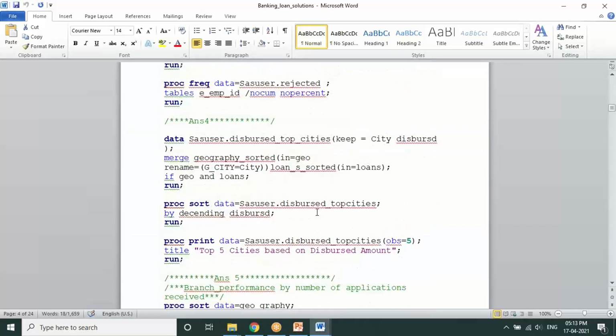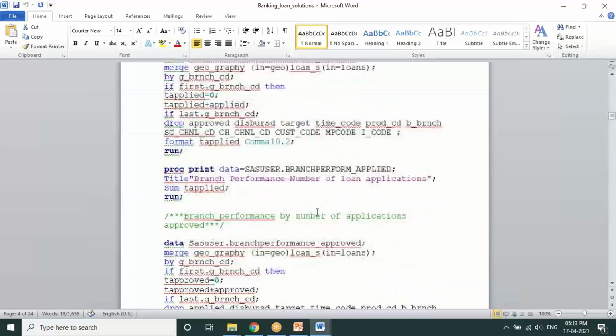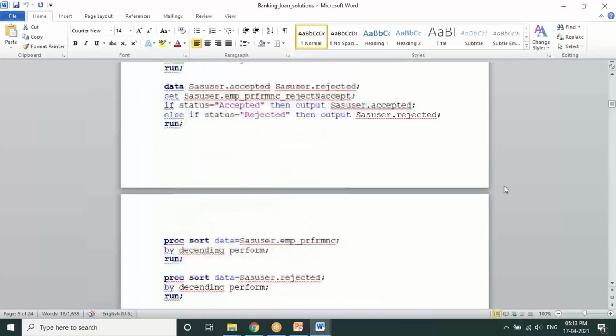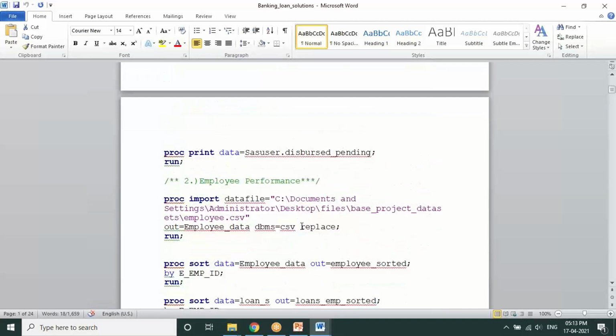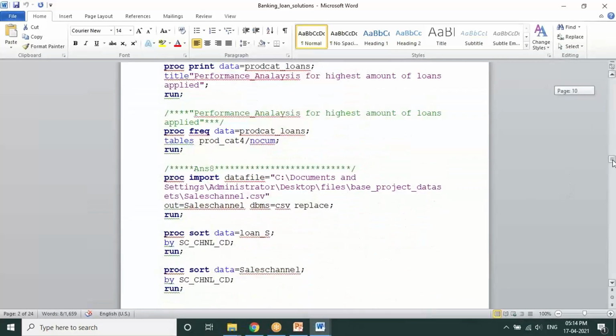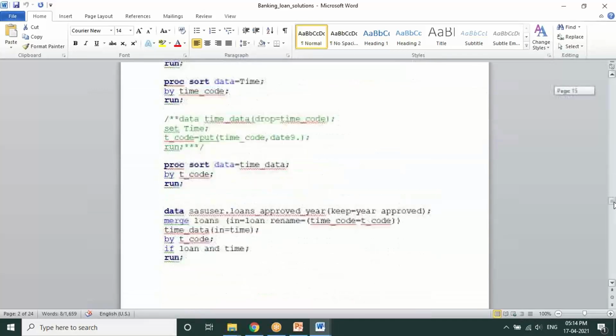Probably you might have n number of ways of writing the solutions to it, right? So you can just keep on executing. All these are executed codes. The only thing you have to do is assign the data. From where you are calling it, whatever data I'm providing you, you have to properly read it, create a data set, and then just execute these queries and see it.